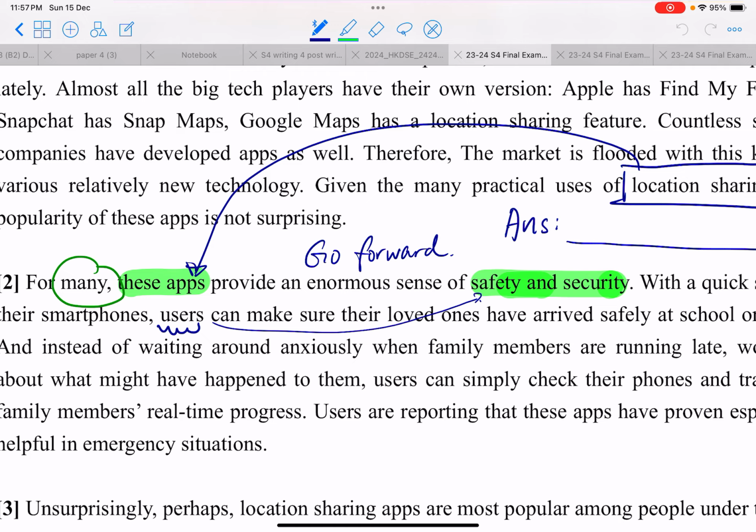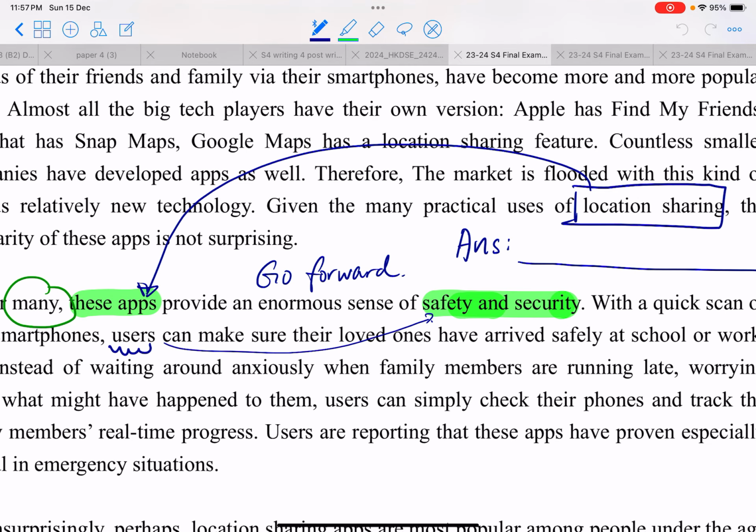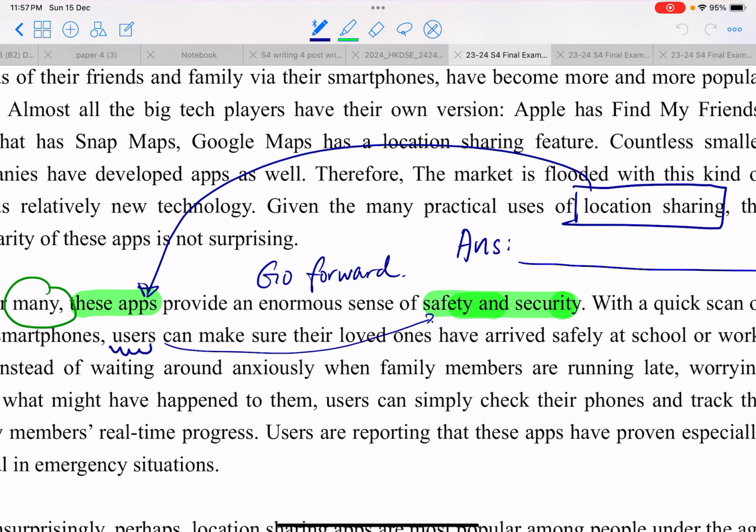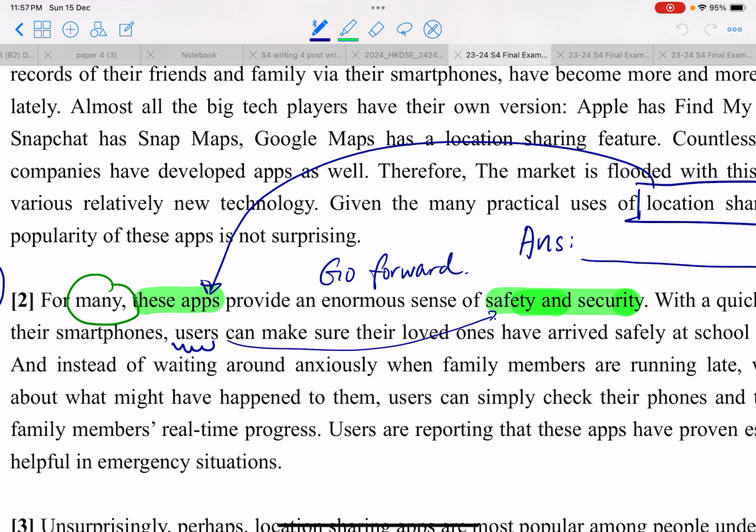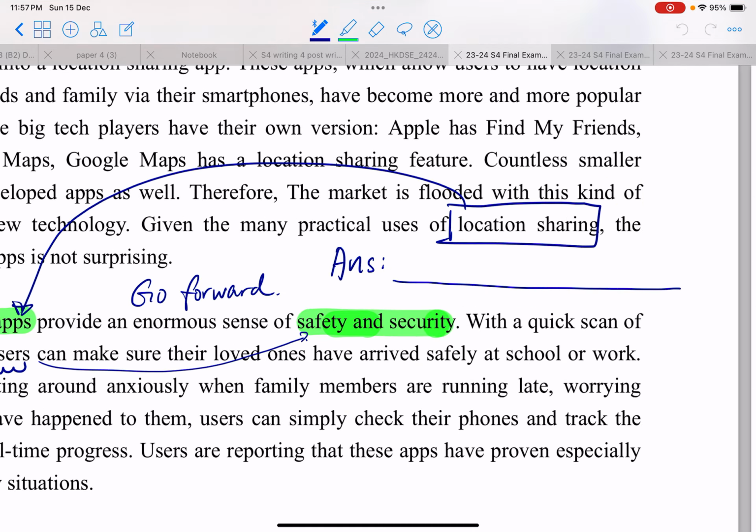So these apps refer to location sharing apps, provide an enormous sense of safety and security. Then we have to think, who would want to get safety and security? Obviously would be users. So the answer for this, "many", refers to